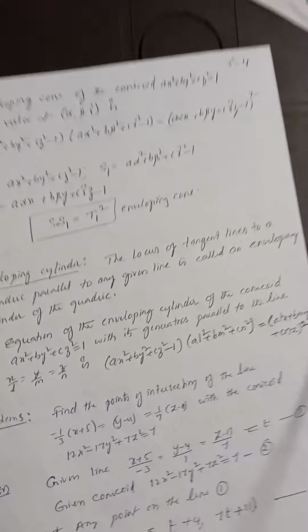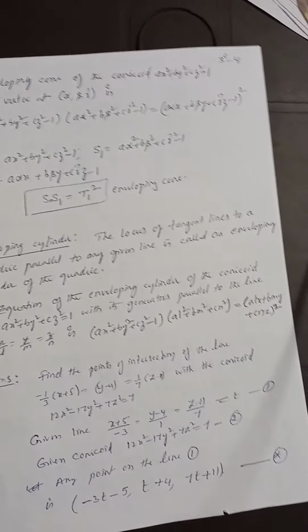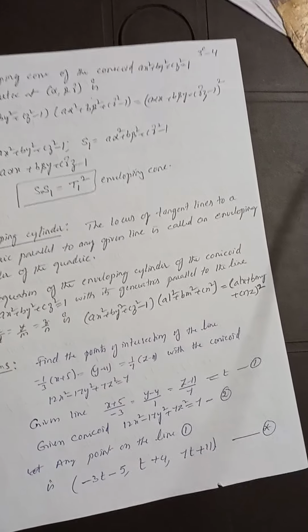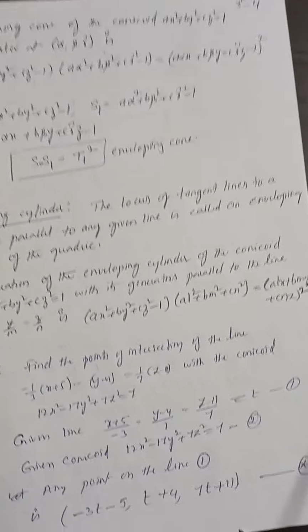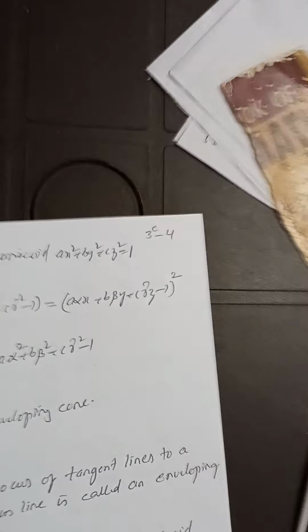Or simply, S into S1 is equal to T squared, where S is equal to ax square plus by square plus cz square minus 1. S1 is a alpha square plus b beta square plus c gamma square minus 1, and T1 is equal to a alpha x plus b beta y plus c gamma z minus 1, right? Now